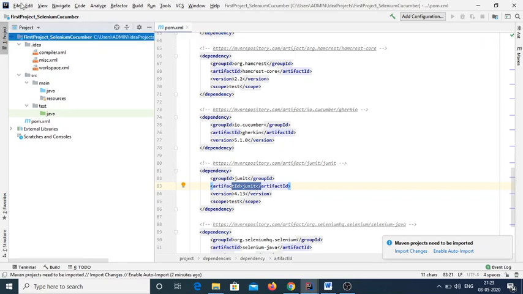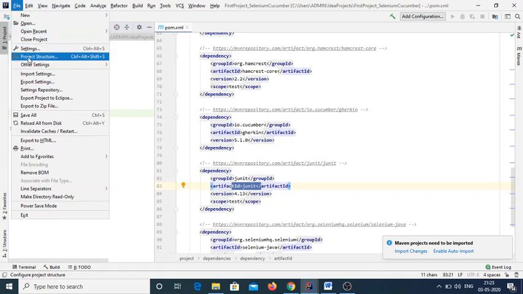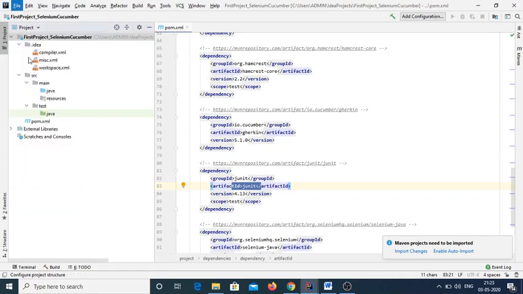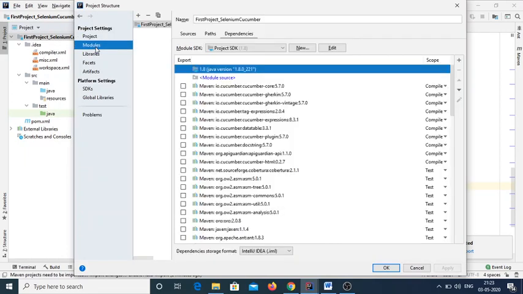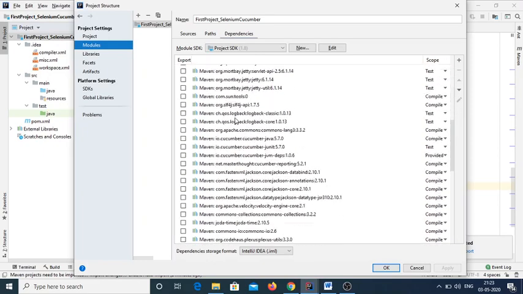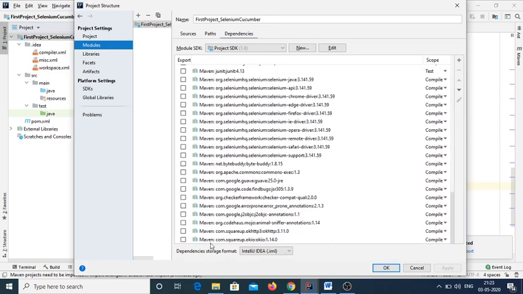Just click on the project, go to File, click on Project Structure, click on Modules. Yeah, we will land on the dependencies space. If you observe at the bottom, there is no JUnit and Hamcrest in the list. Just click on plus, Library, and click on Java.